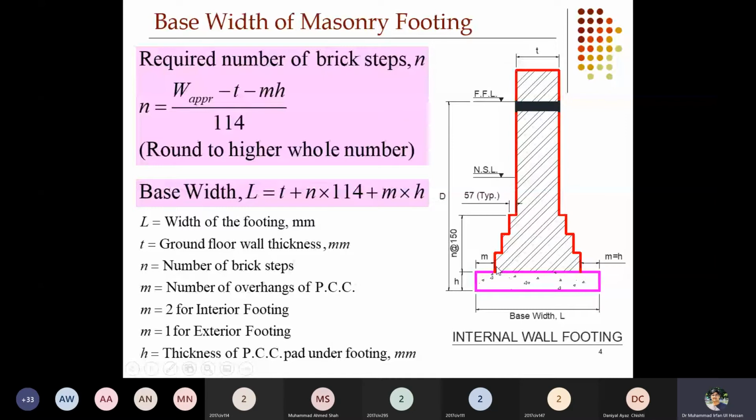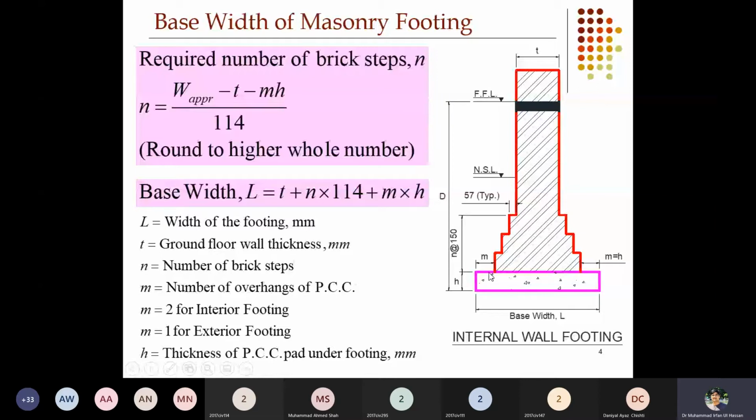M is basically the number of overhangs. PCC overhangs are 2 for interior footing and 1 for exterior footing. So M is the number of overhangs of the PCC. It means the PCC at the bottom is projected on how many sides? It is projected on 2 sides for interior footing, and H is the thickness of the PCC pad. So you will subtract these parameters, and then to compute the number we would divide by the half